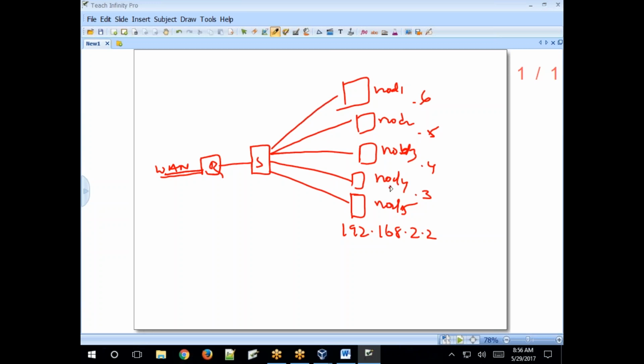All the systems are Linux systems, with the Linux operating system installed. So how do we access this system from this system? How do we take remote access?